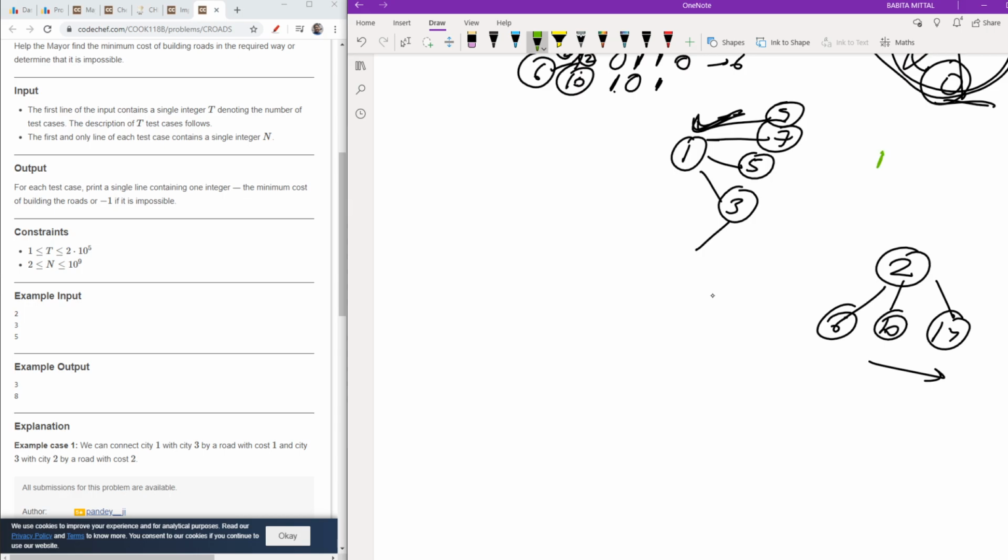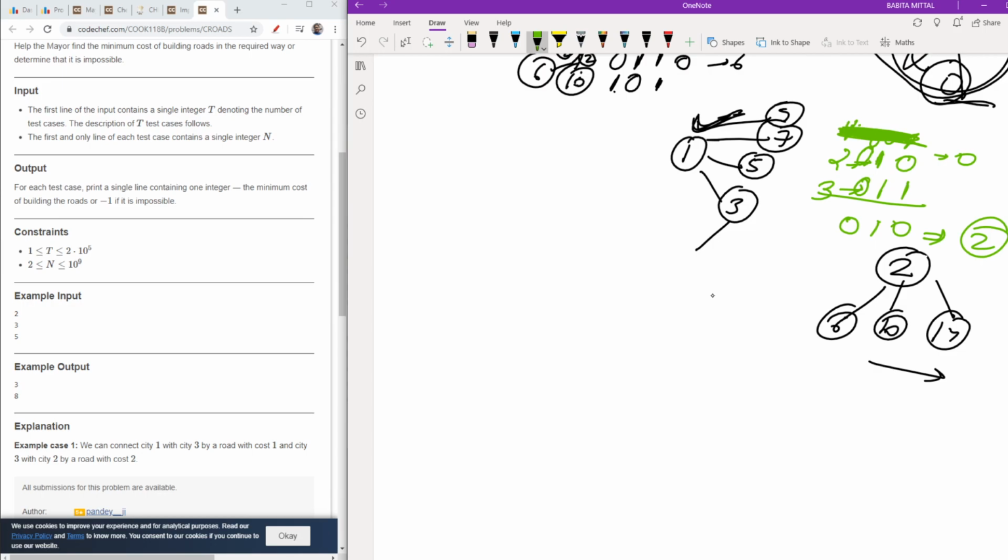Suppose I have 2 represented as 1 0, you can say 0 1 0. Now for 3, the next number, it will be 0 1 1. If I opt for a number less than 2, which is 1, then it will be 0 0 1. So the AND of 1 and 2 will be 0, which is not allowed. So I can't opt for 1, it is wrong. But if I opt for 3, then it will be 0 1 1, so the AND will be 0 1 0, which is 2. So it is the minimum possible, because if I attach 2 with it, the minimum cost which I can obtain is 2.